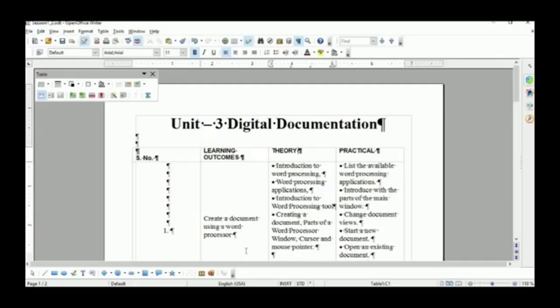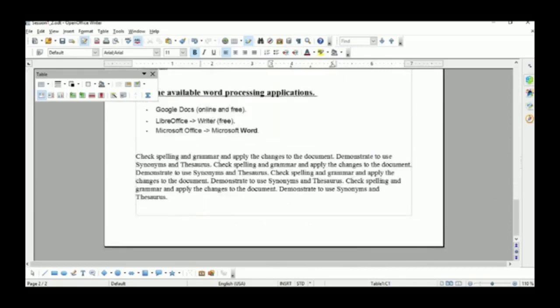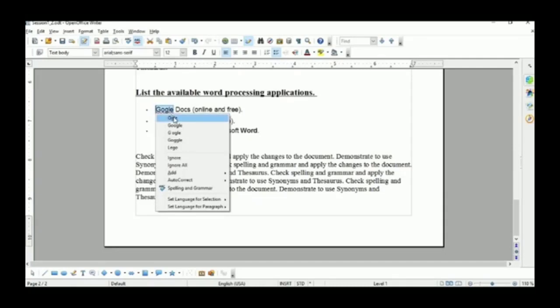See this. Here I want to change the spelling of this word Google. Now what happened? There is a red wavy line. Red wavy line means this spelling is wrong. What do I do? Either we select and right click on this word. The suggestions are shown, like Google. This is the suggestion. Or you can open the spelling and grammar option from this context menu.